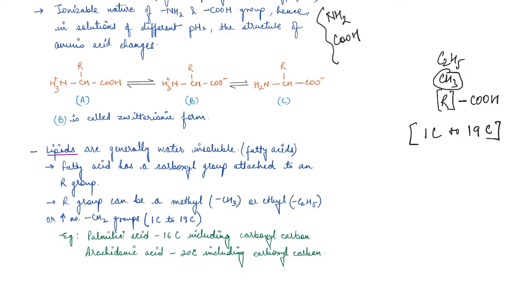One of the examples is palmitic acid. Palmitic acid basically has 16 carbons, including the carboxyl carbon. So if I talk about the structure of palmitic acid, which is a form of lipid, it is CH3(CH2)14COOH. So if you see the number of carbons, 14 here, because it's to the power 14, right? So it's 14, 15, and 16, right? So it has 16 carbons,